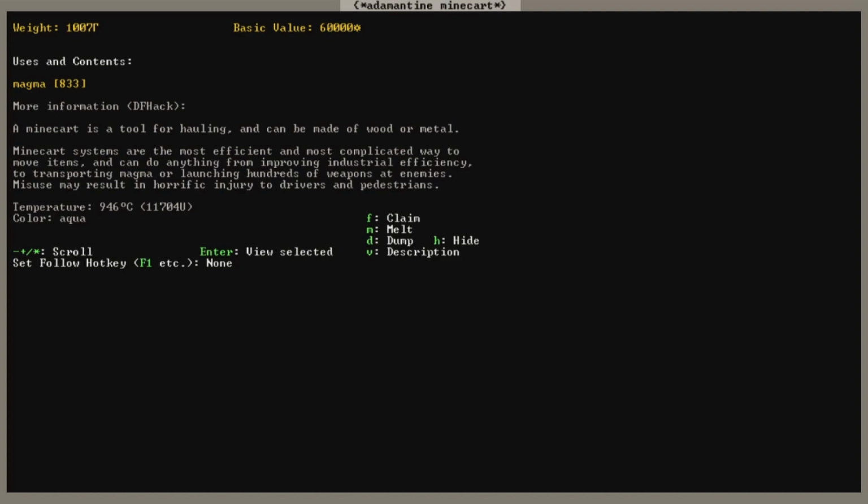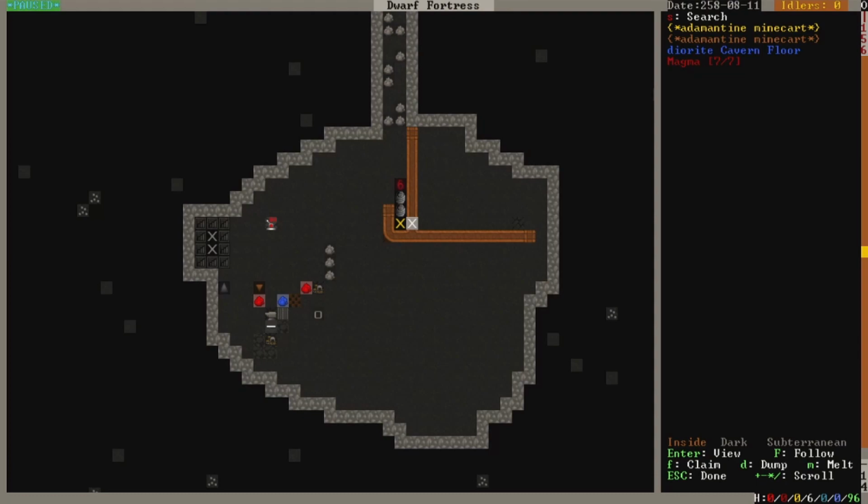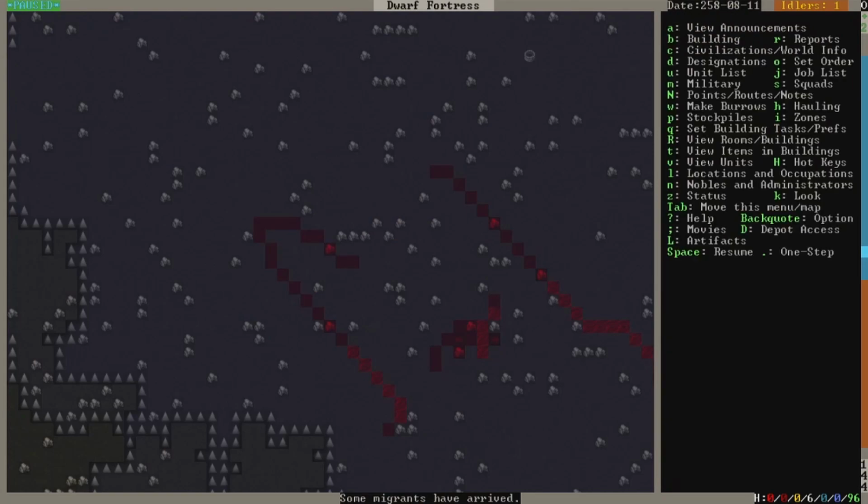For this particular video, I do have fast dwarf enabled, and I'm going to be doing a little cheat otherwise to speed it up, but other than that, this is all completely doable in game. So what we do here is once that is filled up and we're no longer pumping, thank you,